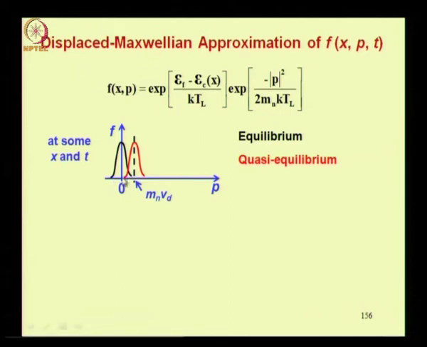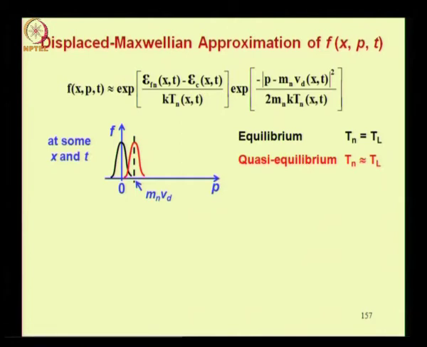Now that is shifting the momentum, or there is a non-zero average momentum. Therefore the distribution function is shifting to the right to display the non-zero average momentum. This average momentum is nothing but effective mass into the directed velocity. Under quasi-equilibrium you find that the shape of the distribution function about the mean value remains the same if the disturbance from equilibrium is small. We will shortly see what this means.